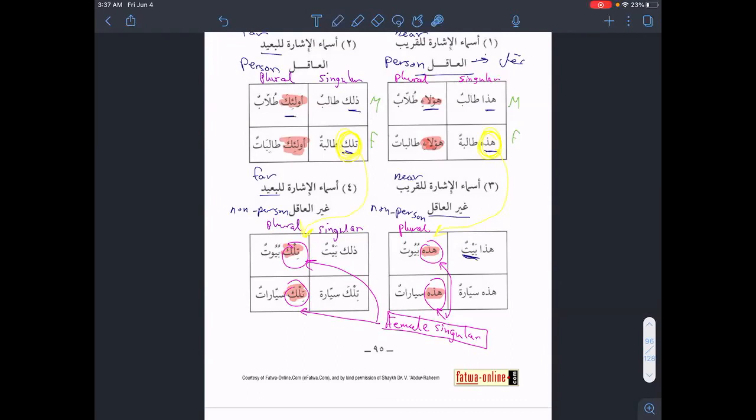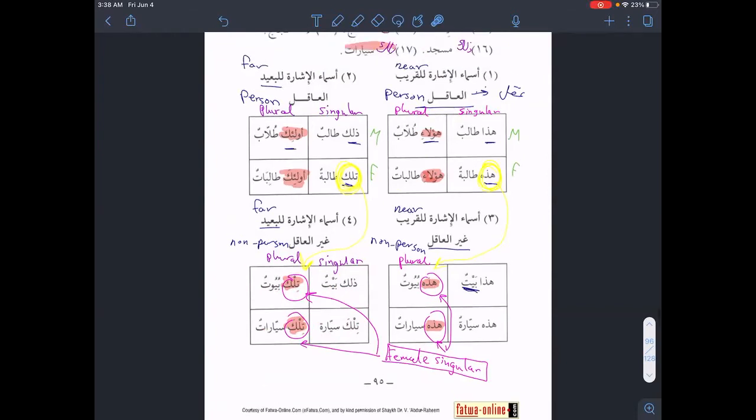So it will be, instead of ذلك بيت, that is a house, we use تلك بيوت. You cannot say أولئك بيوت. That's not correct because بيوت is non-person, so we should use the female singular pronoun, which is تلك. And again, the same thing with the car, تلك السيارات. Okay? So if we go back